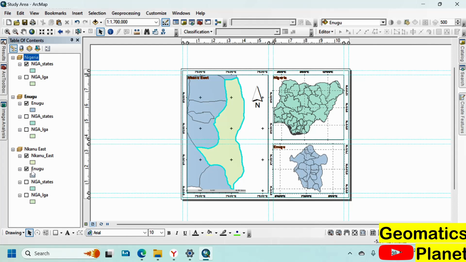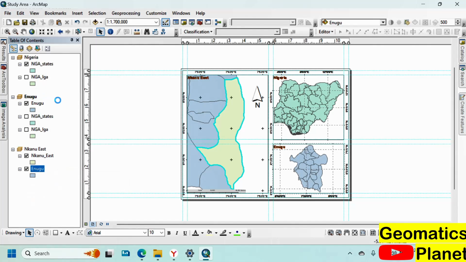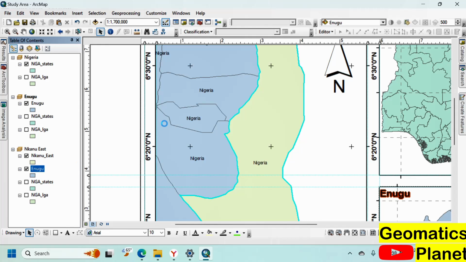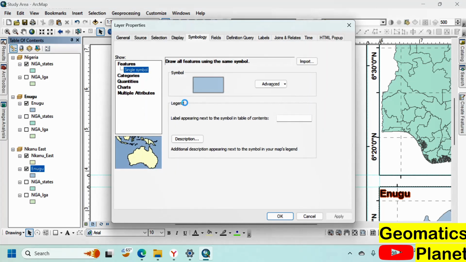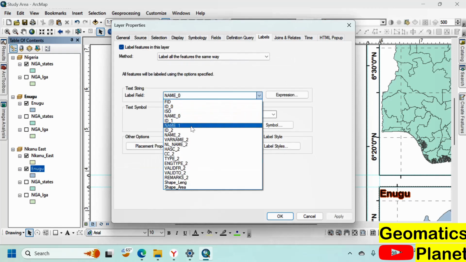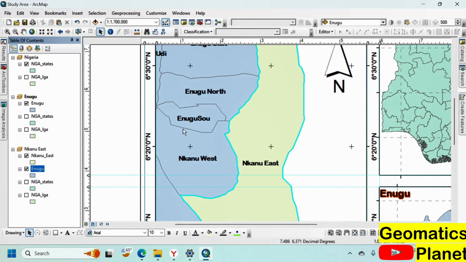How do I label it? What I'm going to do is right click here, go to here and say label, and then you see it labeling Nigeria here. But I am going to open up here, go to properties and change the label field to name. That's name 2, which is where the local government is located. Then bold, I can make it 12 and bold, click OK,